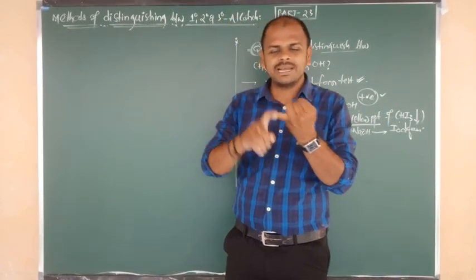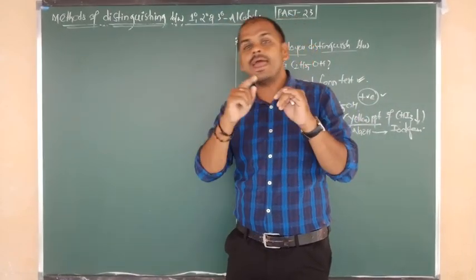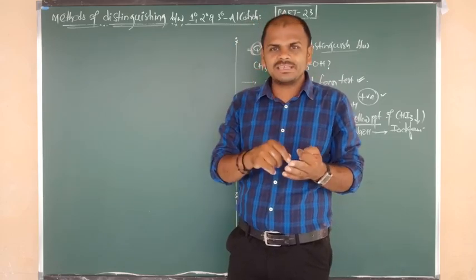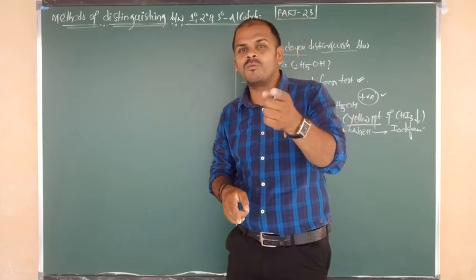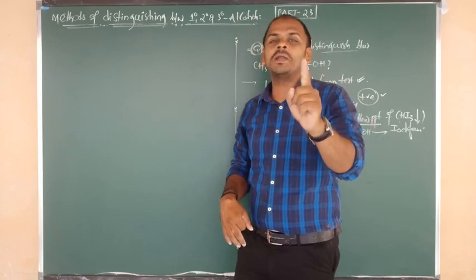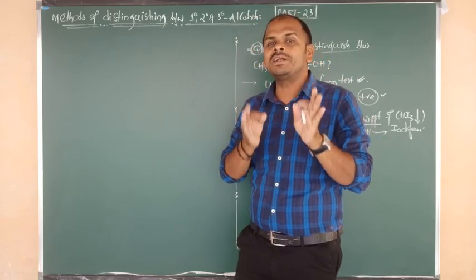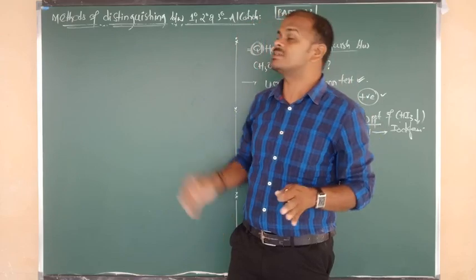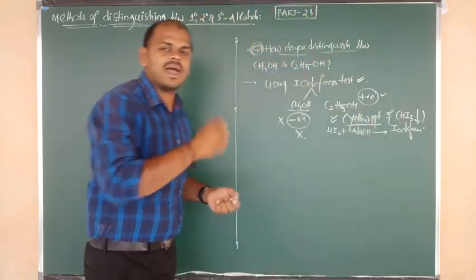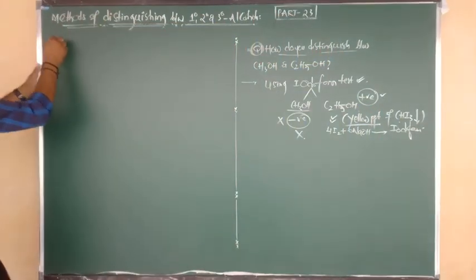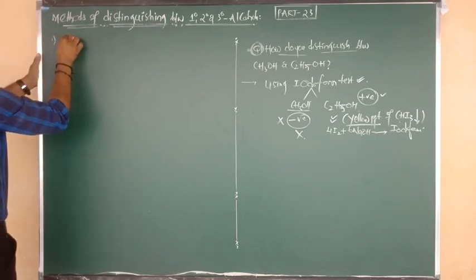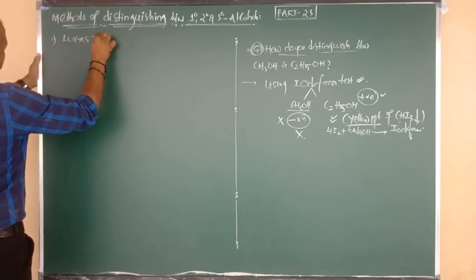One is Lucas reagent, one more is catalytic dehydrogenation on heating with copper and silver, and one more is the dichromate test, upon oxidation with acidified KMnO4 and K2Cr2O7. All 3 answers you know very well. And the one and only method you don't know is the Victor-Meyer test. The Victor-Meyer test is a test useful to separate all 3 types of alcohols. Once again I am going to show you clearly. The first method to distinguish between different types of alcohol, which you know very well, is the Lucas test.